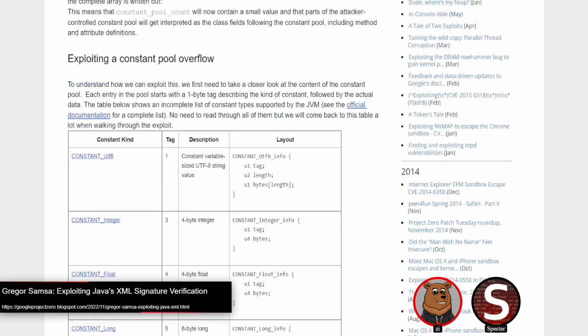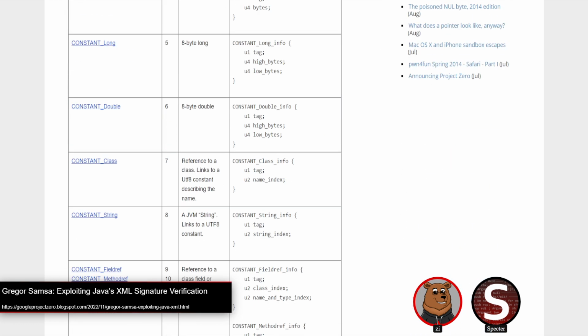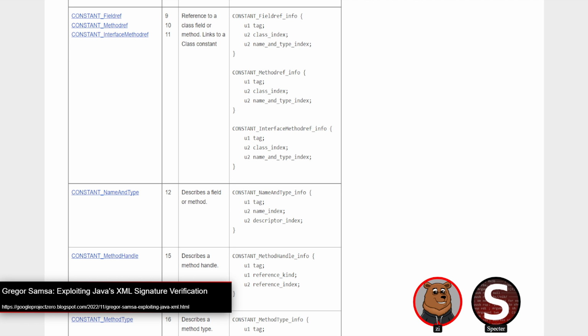That's where the rest of the post goes down into how these different pieces of constants get transformed into the bytecode, and that sort of translation, how you're able to craft specific things, and some of the challenges involved there. It is interesting. It reminds me of something we talked about